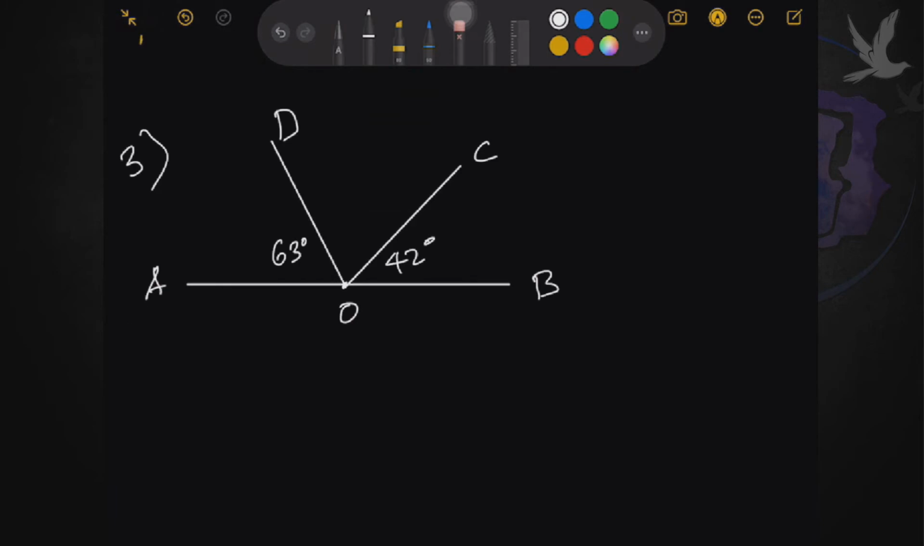So, for number 3, sinasabi niyan that points AOB form a straight line. So, you are supposed to find angle COD,